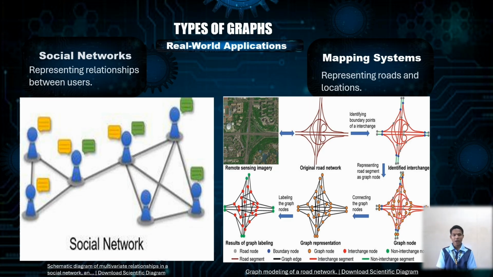Social networks. A social network is a structure that shows how users are connected or related to each other. This relationship can include friendship, communication, following, or collaboration. Example, Facebook is a social network where users are connected as friends. Each user is a node, and the friendship between users is a connection showing how people are related within the network.